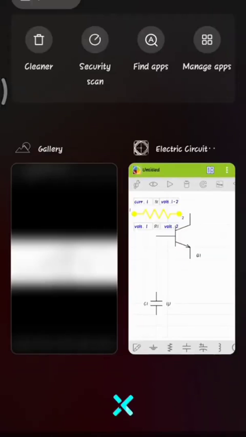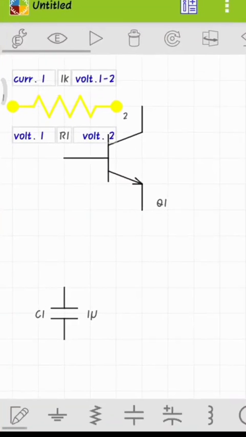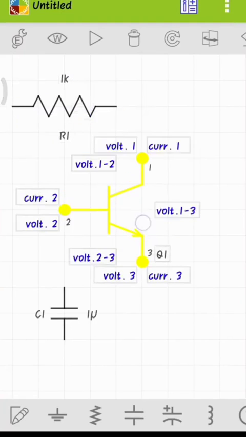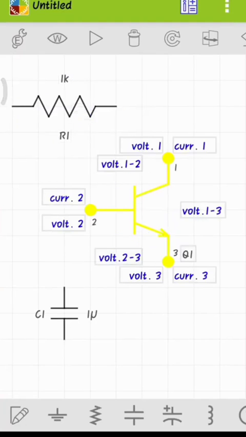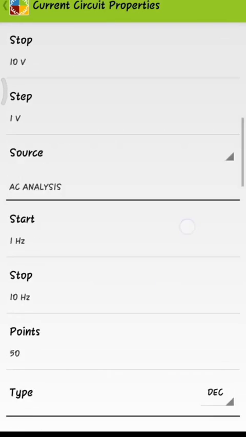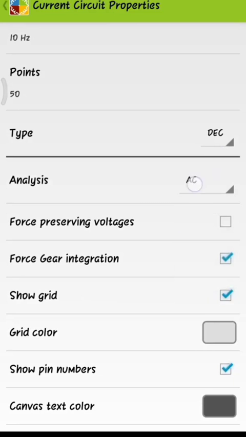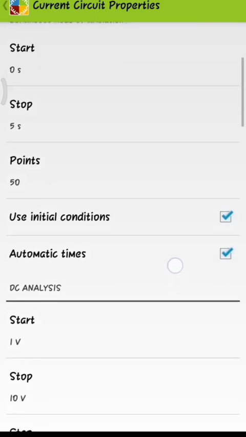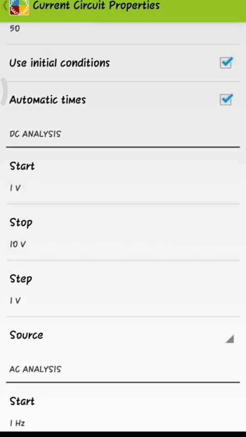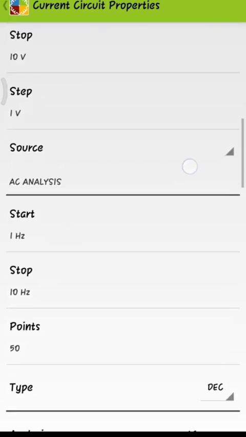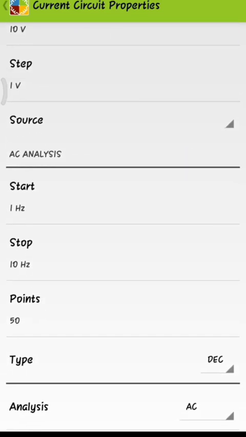So now we will go and see how to build the common base amplifier circuit. For that, we want to change the analysis to AC. Check whether it is in AC or DC or transistors. Choose AC. For our convenience, this has the y-axis gain stop and start values, and the frequency start and stop values.